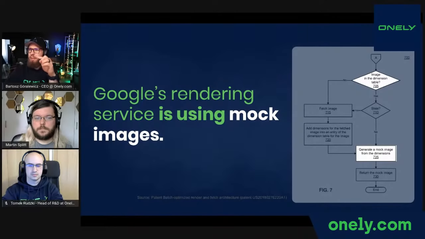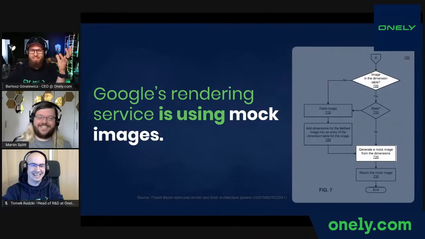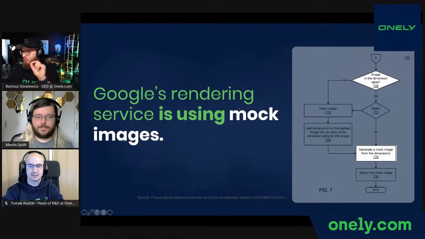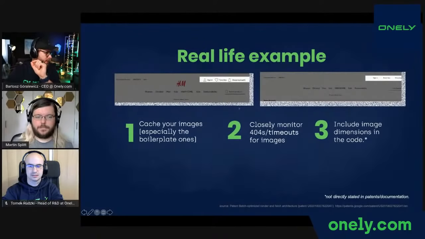See how quickly I did the slides, even quicker than you in Munich when you created the whole deck within 30 minutes. I'm just so talented. Anyhow, we're just talking about those mock images, and we're going a little bit off track, but I will get to that in a second.